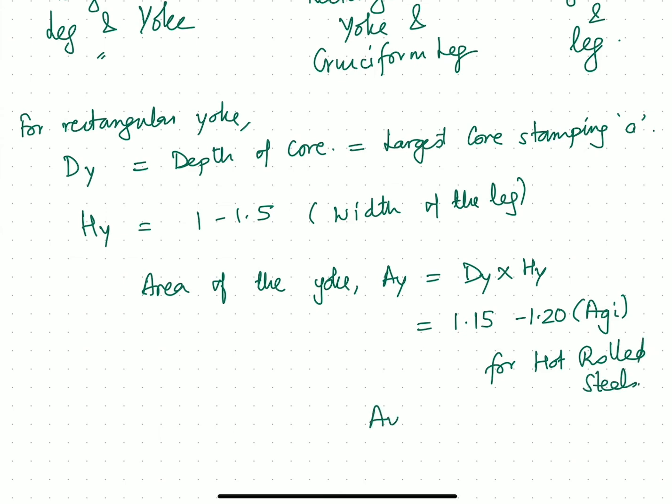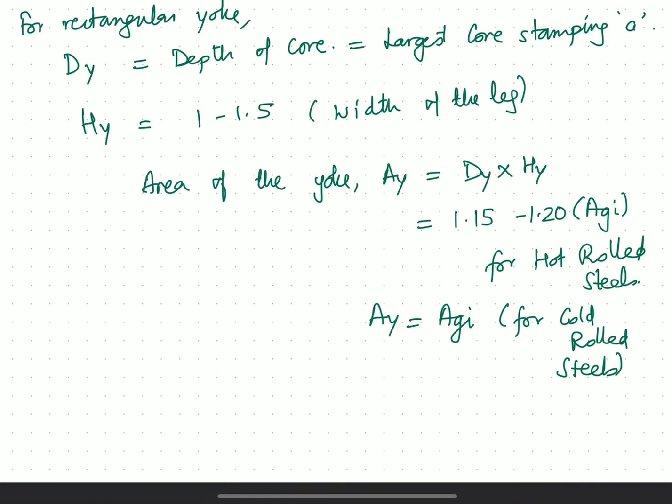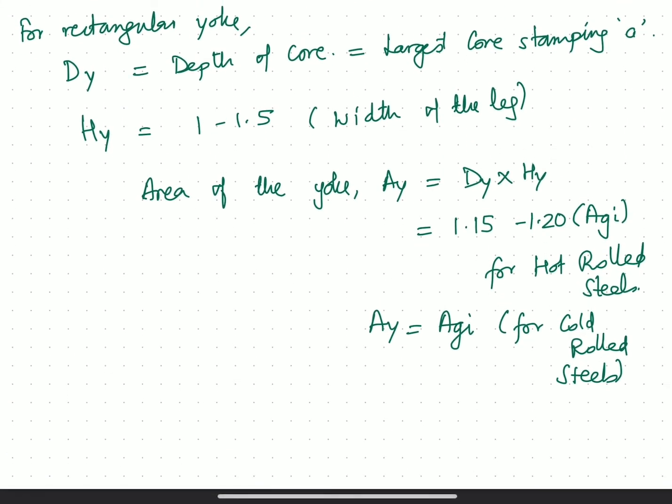And since this is cold rolled steel, the area of the yoke is always equal to the gross iron area, or the gross core area, for cold rolled steels. Because you can have higher flux densities in cold rolled steel, so there you don't increase the area for cold rolled steels. Okay,